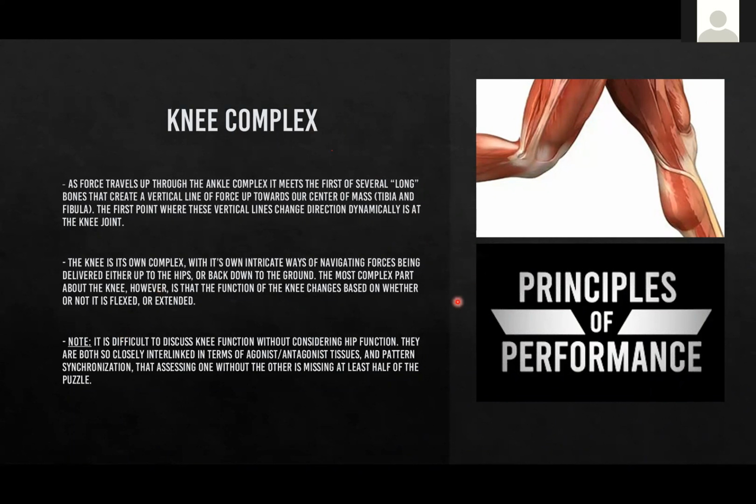Oh, that's cool. So it is difficult to discuss knee function without considering hip function. They are both so closely interlinked in terms of agonist and antagonist tissues and pattern synchronization that assessing one without the other is missing at least half the puzzle. The same goes for the joint below, the ankle complex as well. So the knee is quite a dumb joint, and you can actually play with this now. If you're sitting down, just kick your leg out straight. Your knee won't point wherever your foot doesn't. So in a straight leg, you can't point your knee unless you're pointing your foot and your hip there as well. So the knee is quite a dumb joint, but in that simplicity is actually quite a lot